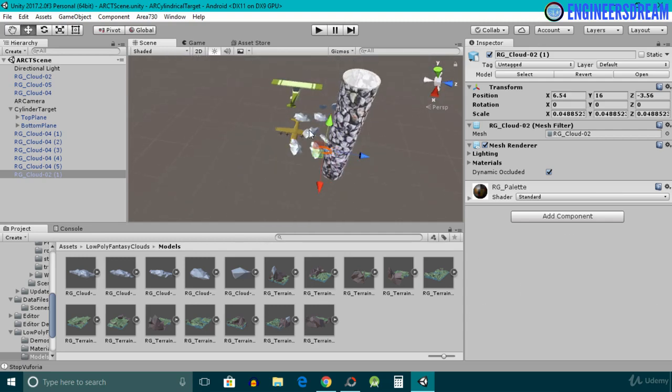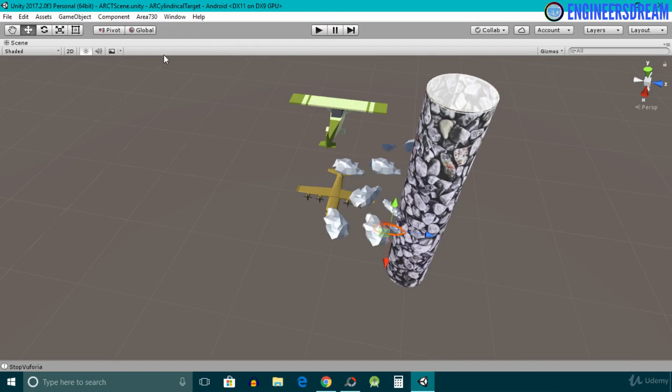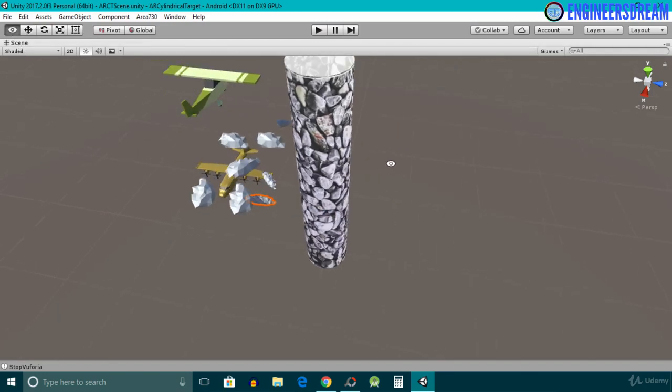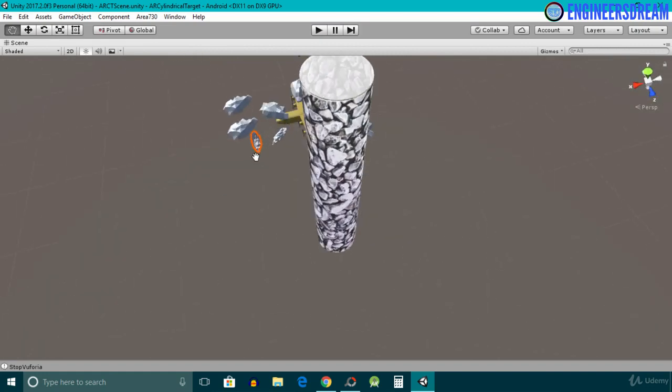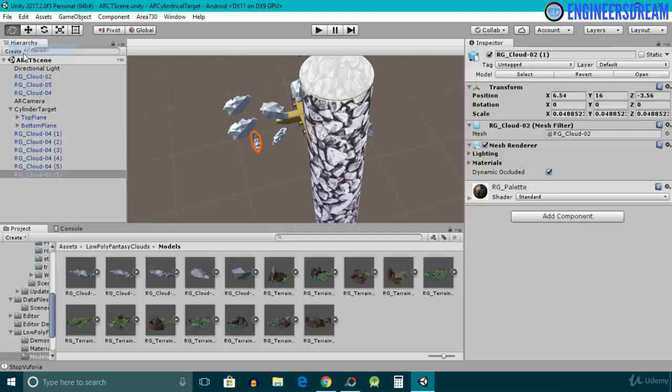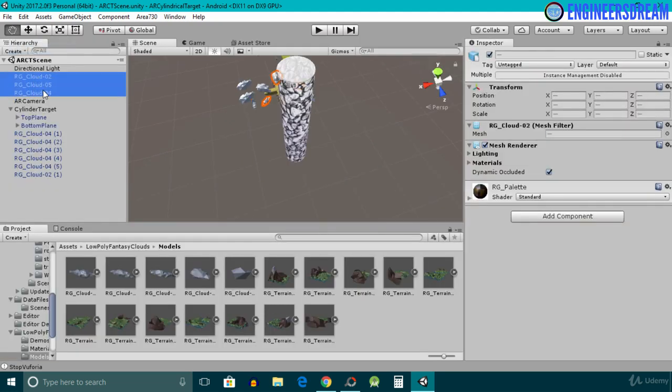So guys, as you can see, I've added some cloud assets on the left hand side of the cylinder. Okay, so I'll right click on the scene and I'll click on maximize. So if you look over here, there are some cloud assets on the left hand side. So next, instead of adding individual clouds and placing them on the right hand side, I'll select all these cloud assets. So I'll hold the control button, and after this, I'll click on these cloud assets. And next I'll click on Ctrl D to duplicate these clouds which are there on the left hand side.